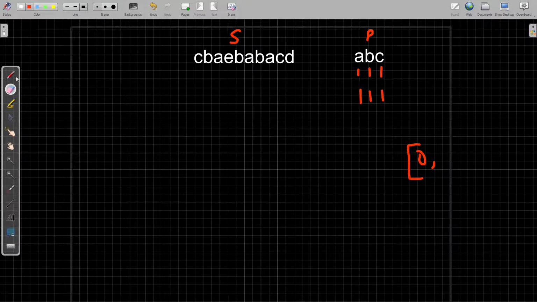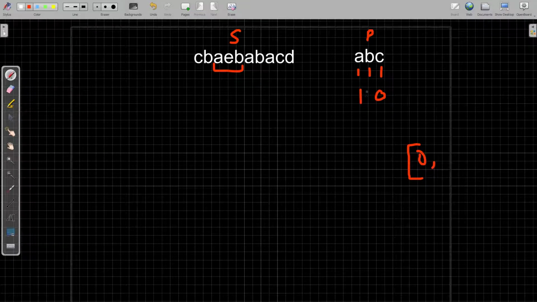Now we will shift the window by one step. BAE. Now here we had C before, now we don't have C. So we remove C, counted and like decremented by 1. So it becomes a 0. Then we have E. Now we won't consider E because E is not present in P's hash map, right? So we can just ignore E, and we have removed C already. So then we will again shift the window. It will go to AEB. Now we remove B as well because as you can see we have discarded B.